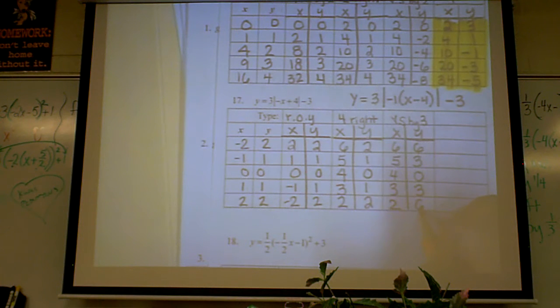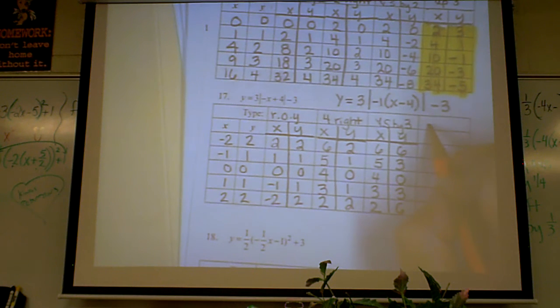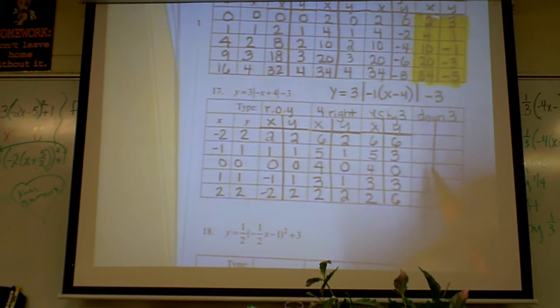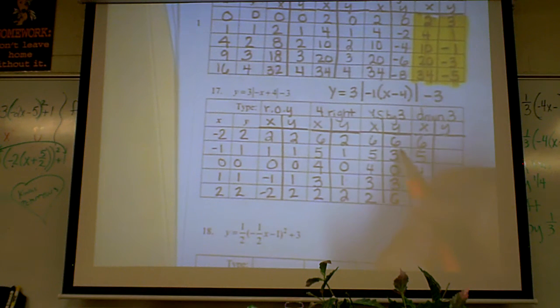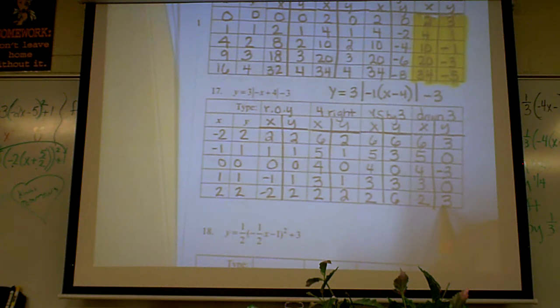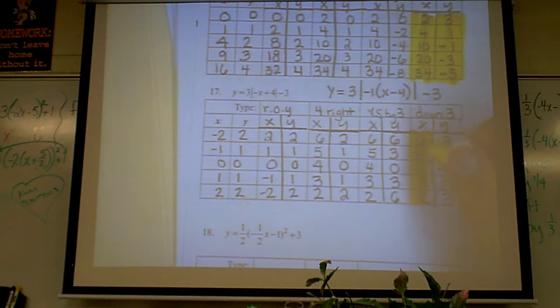So far so good? Yes. And then what do you do with this number? Shift it down. This is down 3. That means you take these and you're going to subtract 3. Does this make sense now? Down 3. So you keep these the same, 6, 5, 4, 3, 2. You're going to subtract 3, you get 3. Subtract 3, you get 0. Subtract 3, subtract 3. So now what do you have here? Your final point. Yes, these are the final x and y values